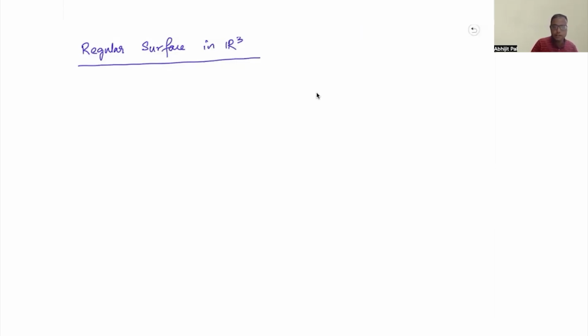So let us take a subset S of R3. So let S be a subset of R3. So this S will be a regular surface if it satisfies the following properties. So S is said to be a regular surface if